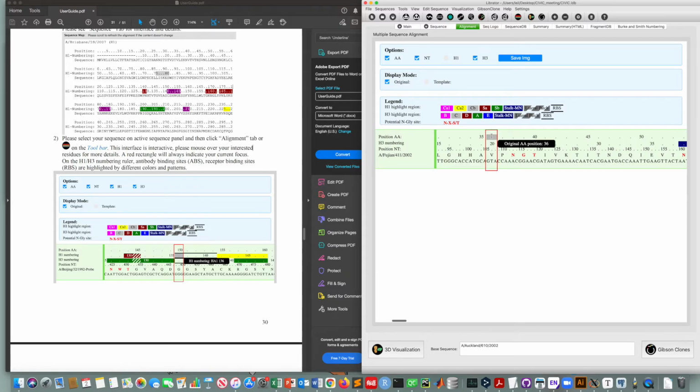and this user interface is highly interactive. It will highlight all the H1 antigenic sites and H3 antigenic sites, and also all the potential N-linked glycosylation sites. And also when you point at any residue using your mouse, a red rectangle will indicate your current selection, and your current position will be automatically popped up. So here is the original amino acid position, the H3 number position, and the original nucleotide position. So users can easily identify their